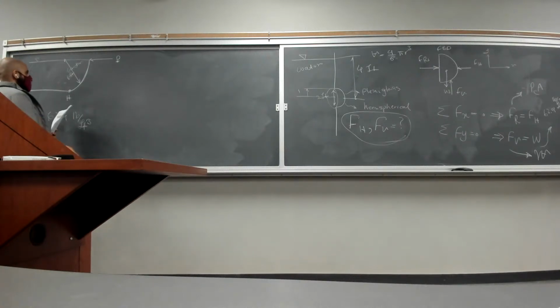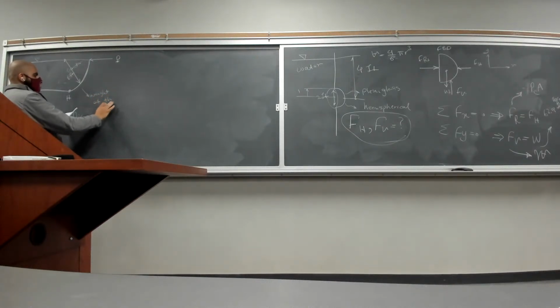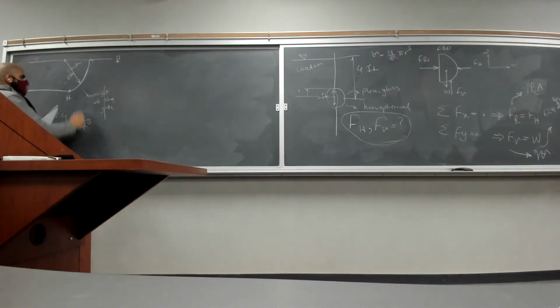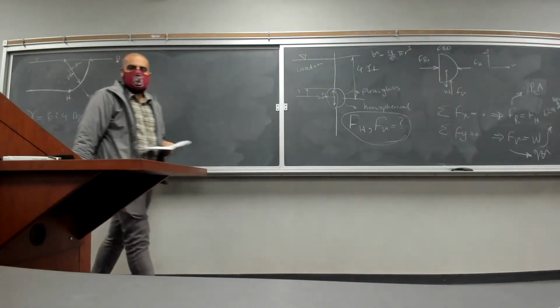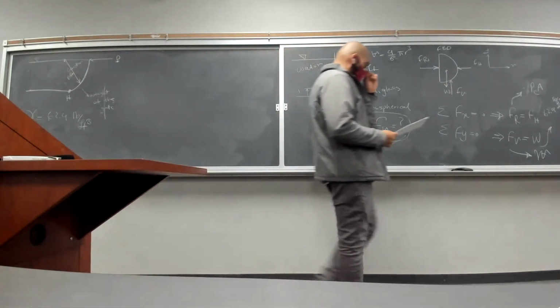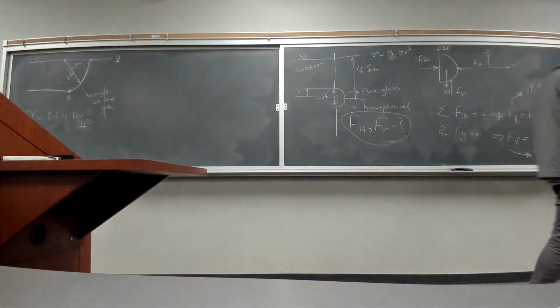And it's a lightweight gate, so the weight of the gate is negligible. And also the friction at the hinge is negligible. So I want you to find the force P required to